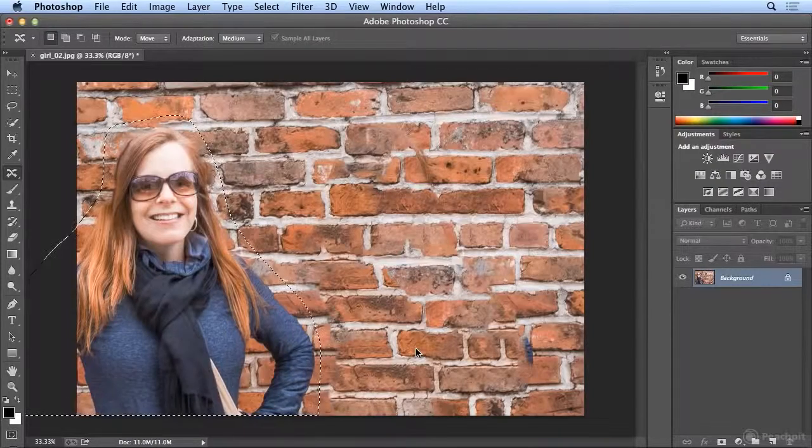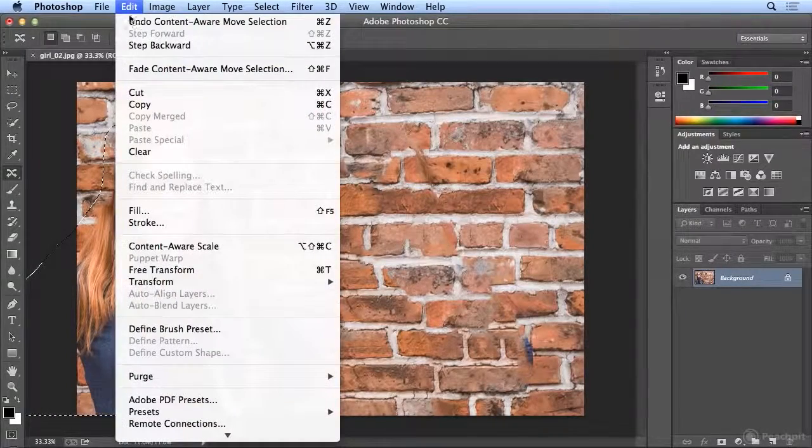Oh, and I'm astounded again. There's a tiny little trail here and here because it was a lot harder to do. So I'm going to undo this Content-Aware,